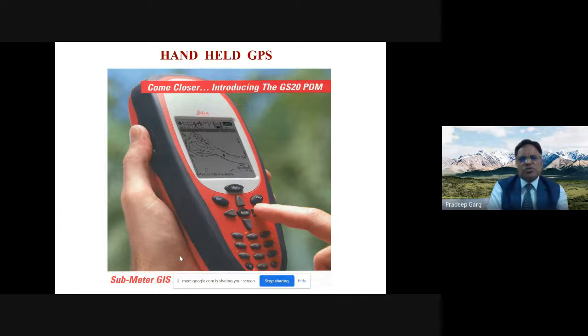So I can use an instrument which can give me only some meter accuracy, like a handheld GPS device, which is good enough. This is roughly the size of your mobile phone, slightly bigger. You can keep it in your pocket, and you can use it to collect the three-dimensional data of the ground